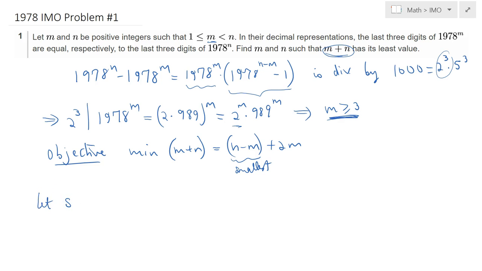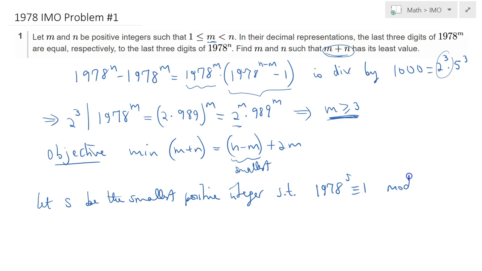Let s be the smallest positive integer such that 1978 to the power s is congruent to 1 in mod 125. We did that because somehow we want 5 cubed to divide this whole expression, but obviously there's no 5 inside the first factor, so therefore 5 cubed somehow should divide this second term, and that's exactly what I'm doing here. Okay, so by Euler's theorem,